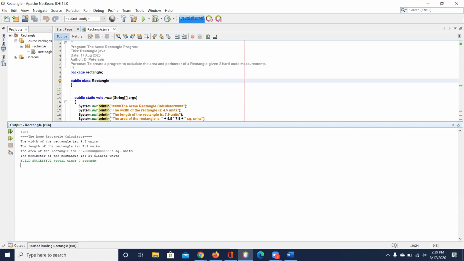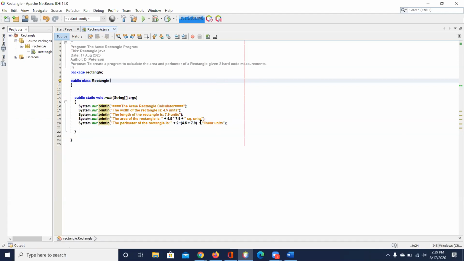Well, see, I got this 8 here and it's right up against there. Why is that? Let's go look. Oh, see, I didn't put a space in here. There should be a space there. There's a space there, et cetera. And then we could even come down here. Take this line, Control C, and then paste it in here, Control V.